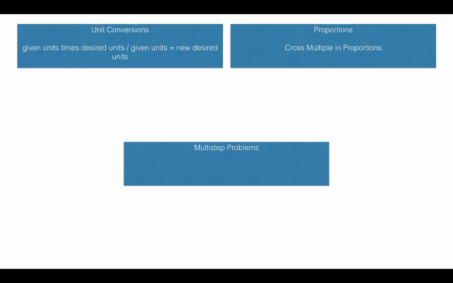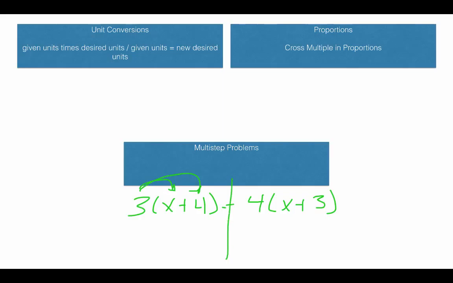First and foremost, the first things that you guys are going to see on today's Algebra Friday stuff is multi-step equations. So something like 3x plus 4 equals, we'll say, 4x plus 3. Alright, so when we go through and start to solve this, you're going to first distribute on this side of that equation, and do that same thing here. So what we have is 3x plus 12 equals 4x plus